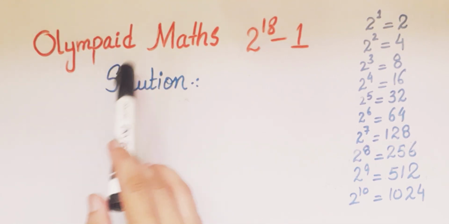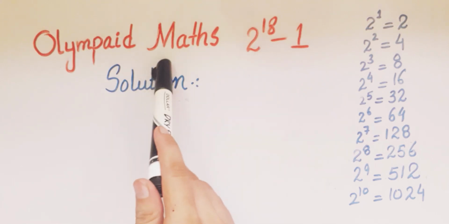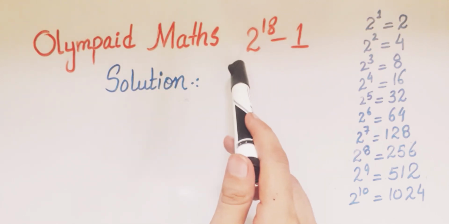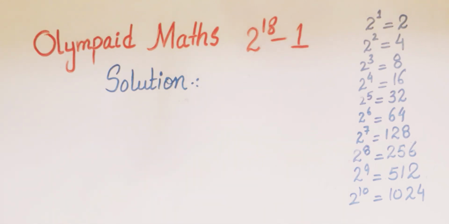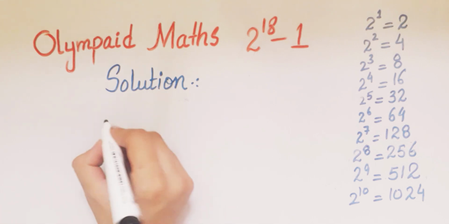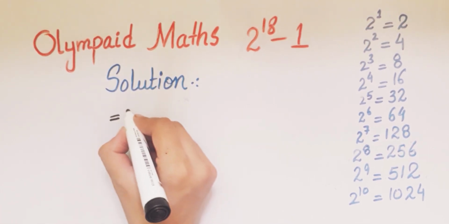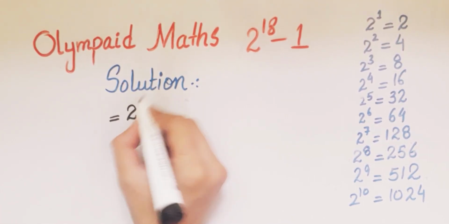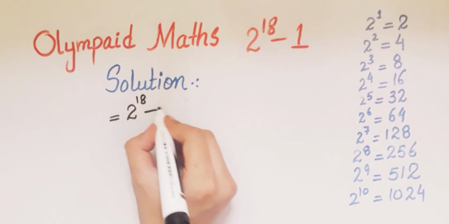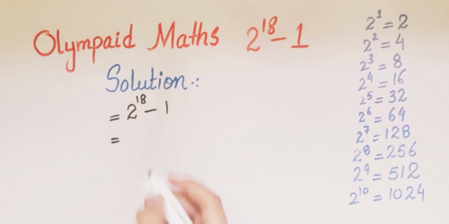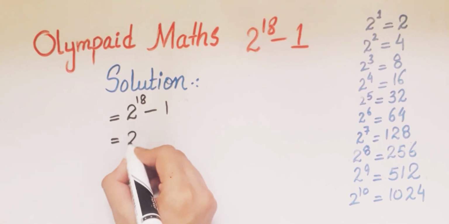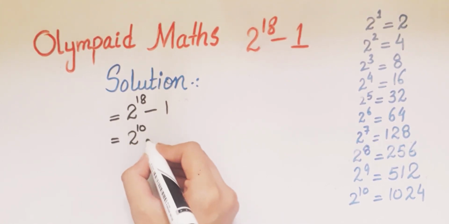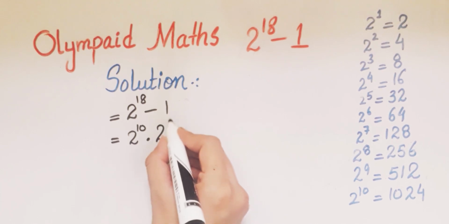Now today we dive into a very interesting olympiad math question, that is 2 power 18 minus 1. We will solve this in very easy and simple way. Now, first of all, we will write 2 power 18 minus 1. Then 2 power 18 can also be written as 2 power 10 multiply 2 power 8